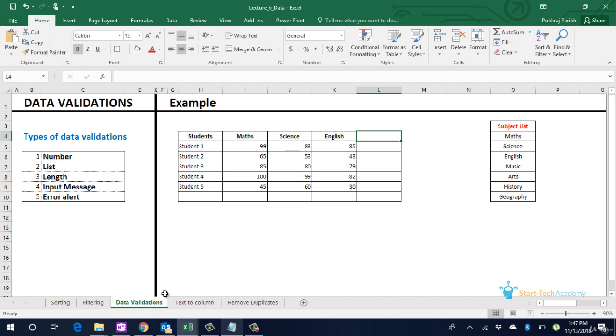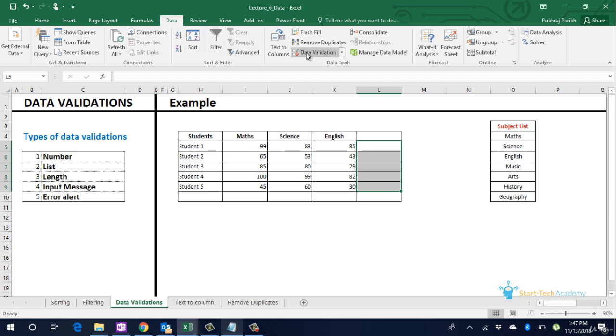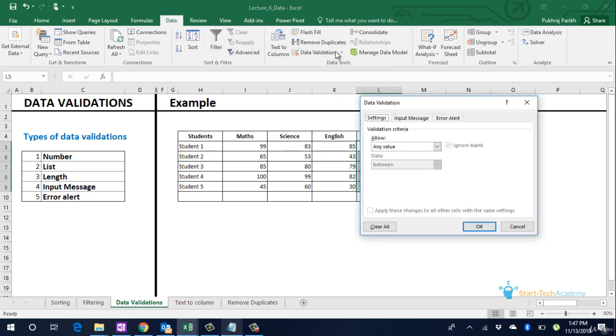First select the cell on which you want to add validation. So if we are adding a new subject scores here, we want these cells to have numerical values between 0 and 100. So select these cells, go to data, click on data validation. In the allow drop down option, select whole number and mention minimum as 0 and maximum value is 100.